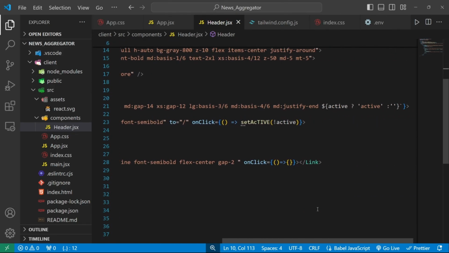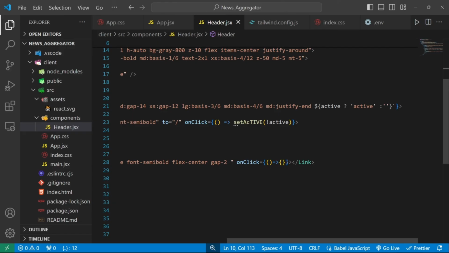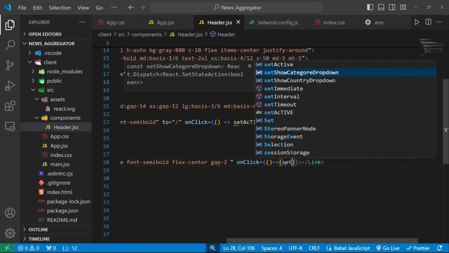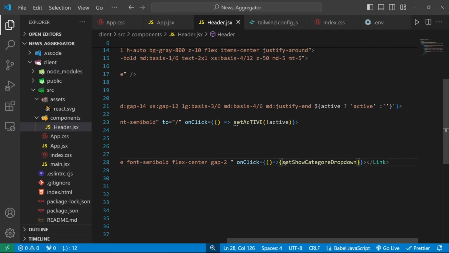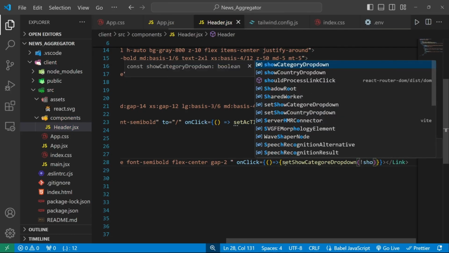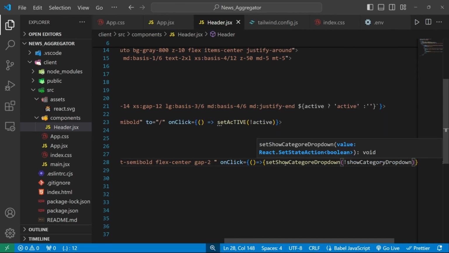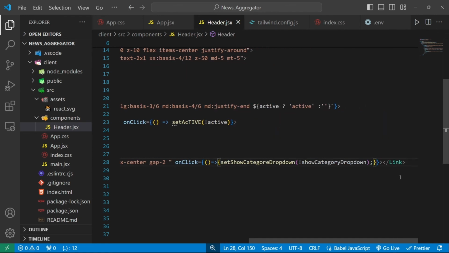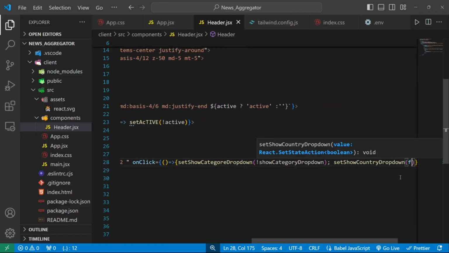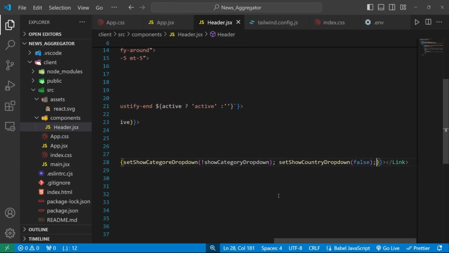Now we can use this set function in our onClick function. So we will use setShowCategoryDropdown, and set not show category dropdown to false. Okay,